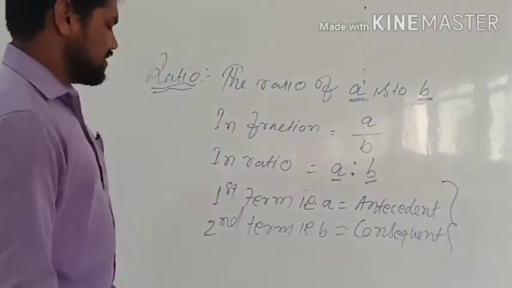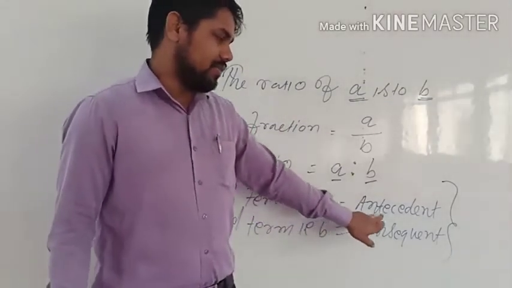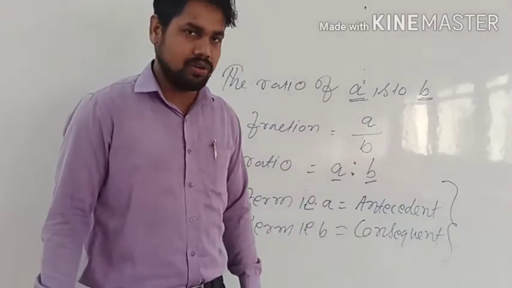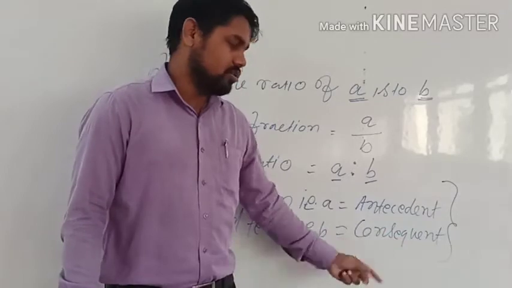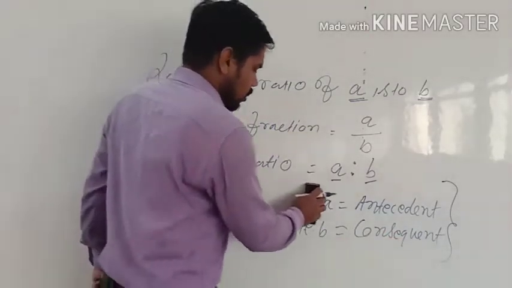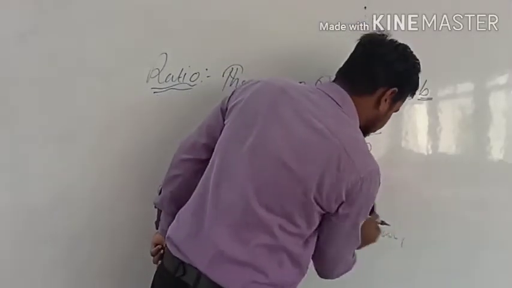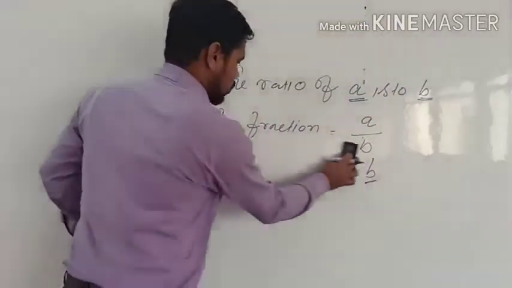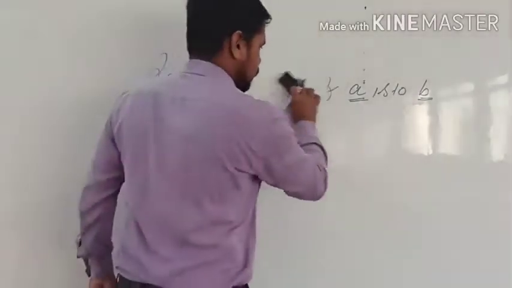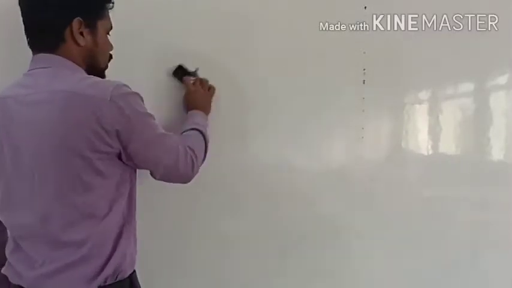Okay. Now sometimes antecedent will be given, that if antecedent is this much or consequent is this much, then write in ratio. Then first you have to write antecedent and then consequent. Okay. So this is the basic concept of ratio. Now we will learn some laws, some rules, some properties through which you can easily do the questions related to ratio. Before learning the property, let's take an example.